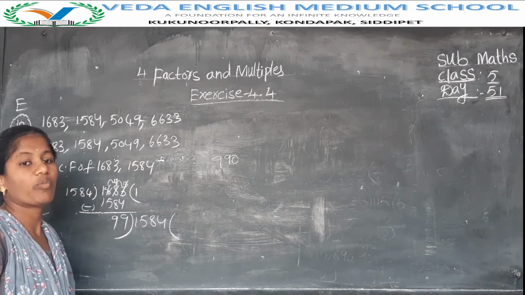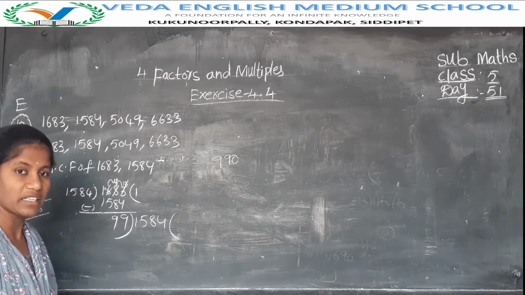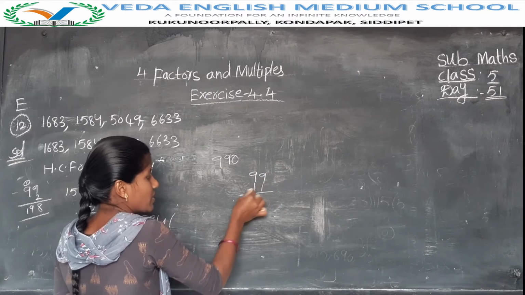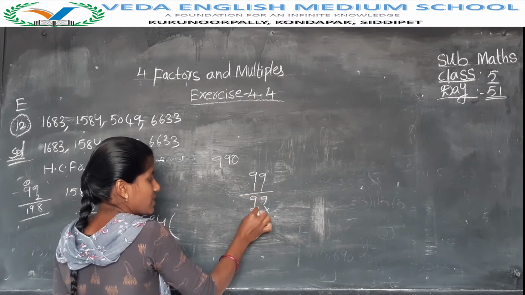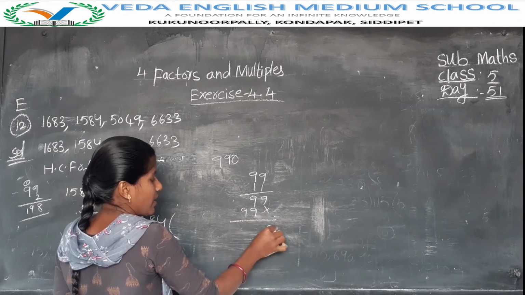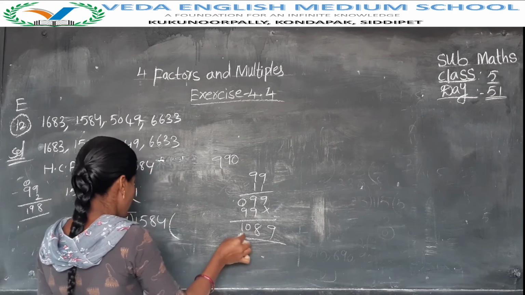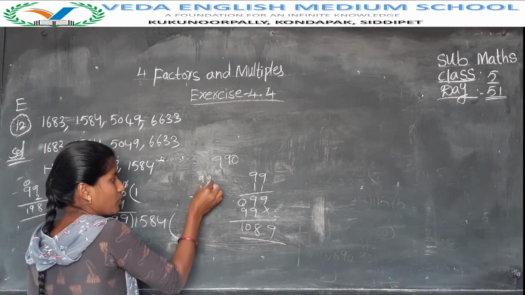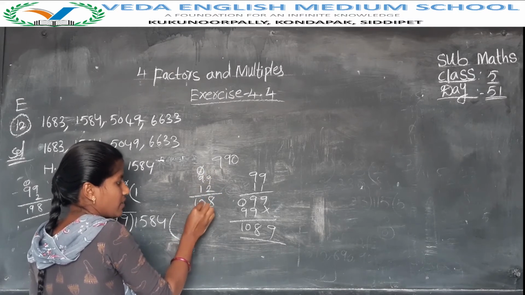You have to go more, you have to go for 99 11s are, 12s are, 13s are, like that you have to check. So 99 11s are we check first. 1 1s are 1, 1 9s are 9. Next 1 9s are 9, 9 plus 9 18, 9 plus 1 10, 1089. No. Next 99 12s are 2 9s are 18, 19.